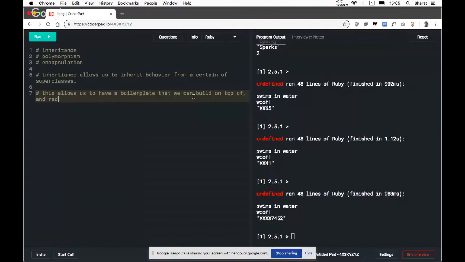It reduces redundancy and allows us to keep our code DRY, to not repeat itself.